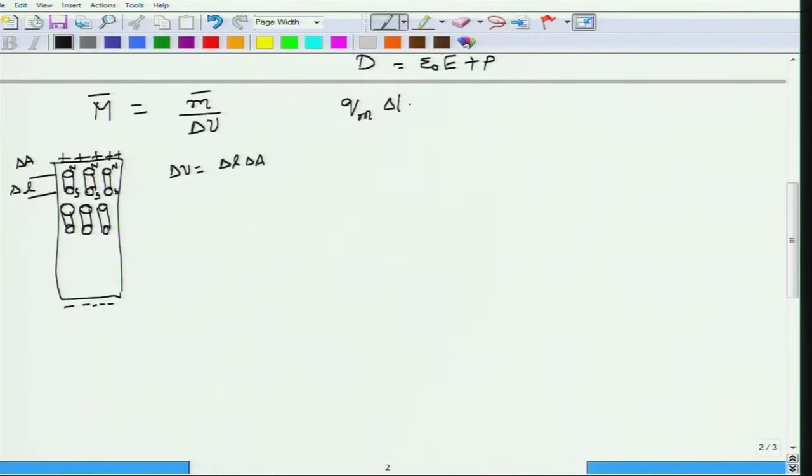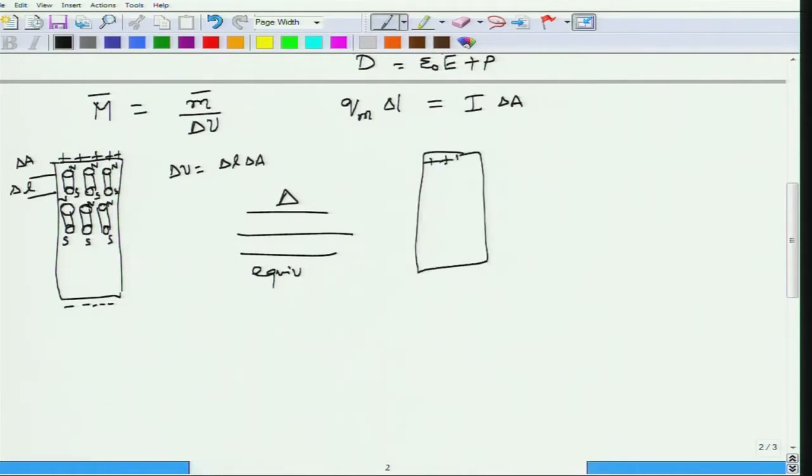So, you have magnetic materials, Qm delta L being the dipole moment. This of course is actually equal to current I into delta A. This is the current that is carried by the loop multiplied by delta A, that would be the magnitude of the dipole moment. So, when you look at all the tiny magnets inside a magnetic material, you will see that the north and south poles essentially cancel out each other, and what you are left with is some sort of a